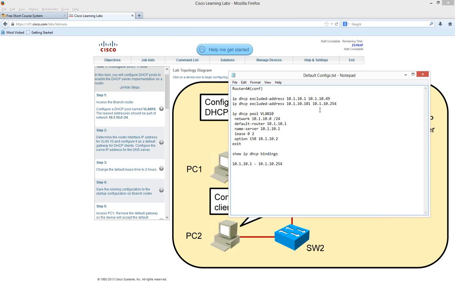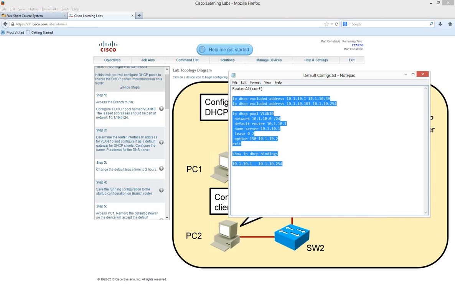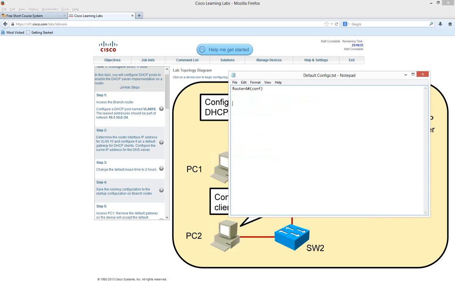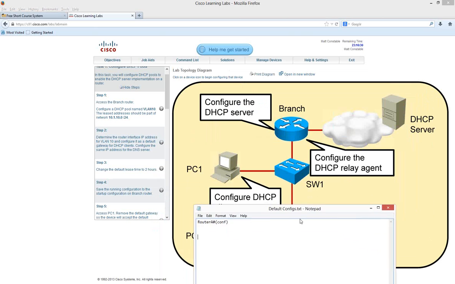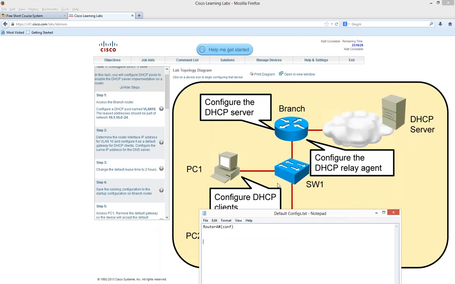That's the same sort of thing as what you would do with your Windows DHCP servers as well. And that's pretty much all there is to DHCP, assuming it's on the router. If, however, you want to configure the DHCP relay agent, as we could have done if the lab had worked,